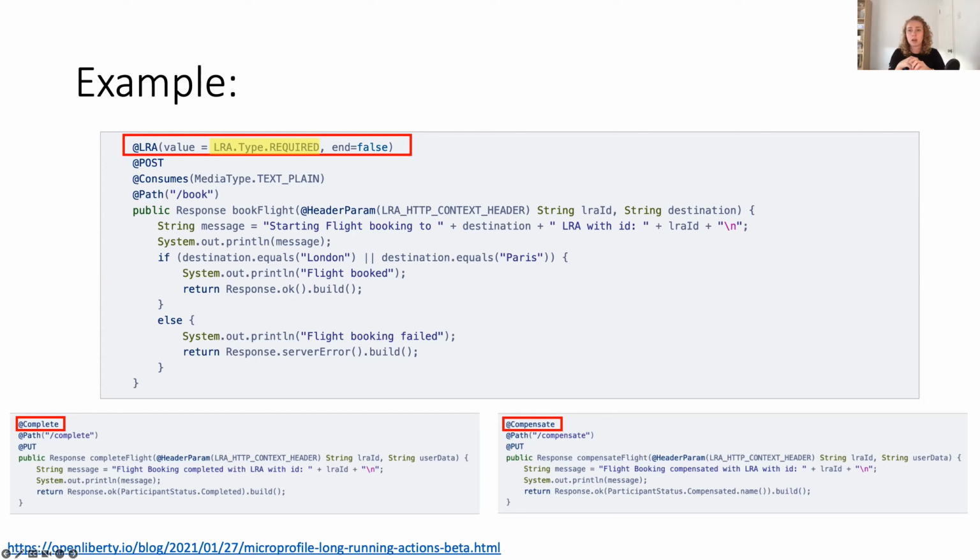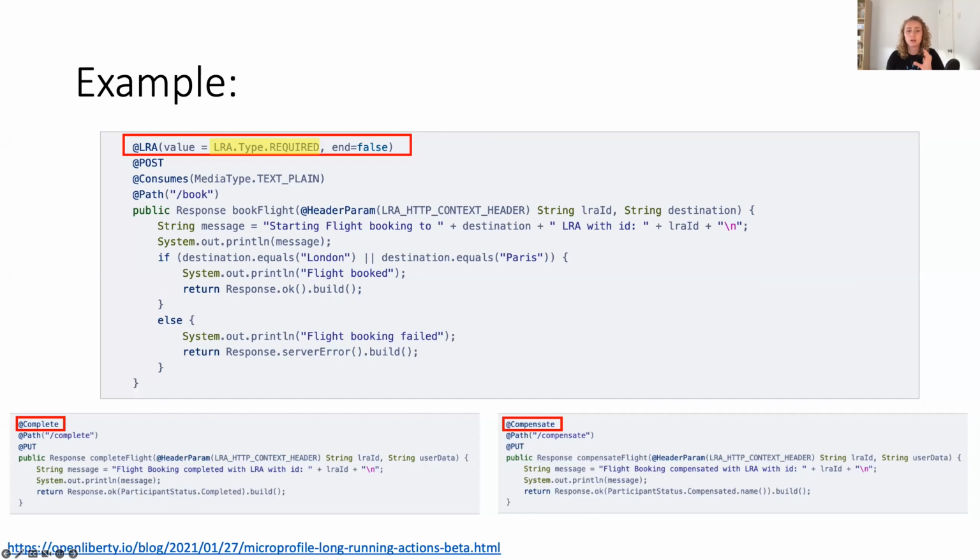This is where, if an LRA doesn't exist already, we'll create one, but if an LRA does exist, we'll just join that one. If we want to always make sure we're creating one, we need to use the REQUIRES_NEW type. Or if we want to make sure we're never creating one, we'll have to use the MANDATORY type. So these types help to specify how your services can interact with that LRA and either create it or join one.